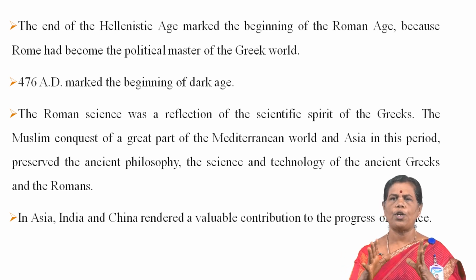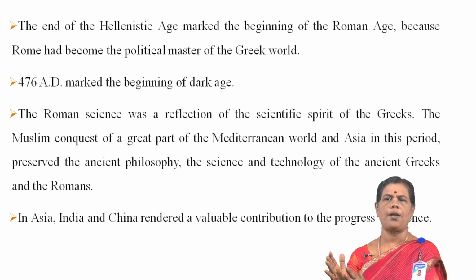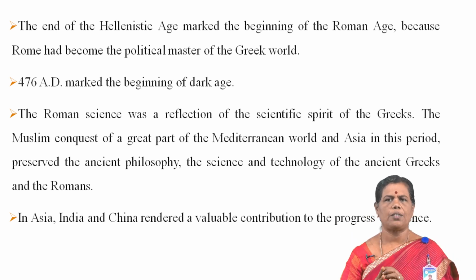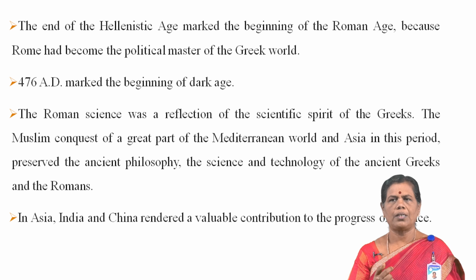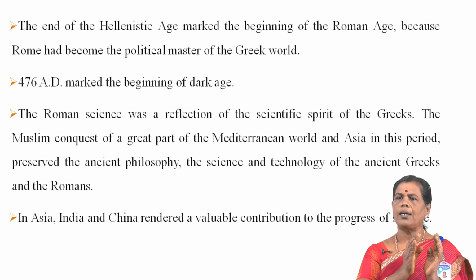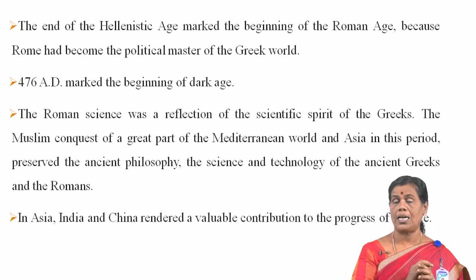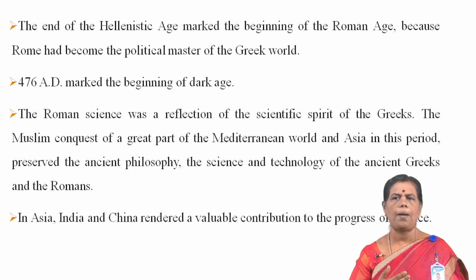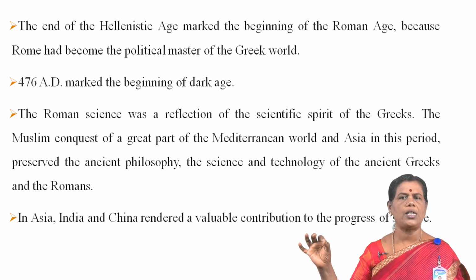Dark Age means what? In that Dark Age, there was no scientific spirit among the people. In that age, people were immersed in superstition. There was no single spirit of scientific knowledge. So the Roman science was a reflection of the scientific spirit of the Greeks. I said before that the Hellenistic age came to an end, and Roman science was a reflection of the scientific spirit of the Greeks, and the Muslim conquest of a great part of the Mediterranean world and Asia in this period preserved the ancient philosophy, science and technology of the ancient